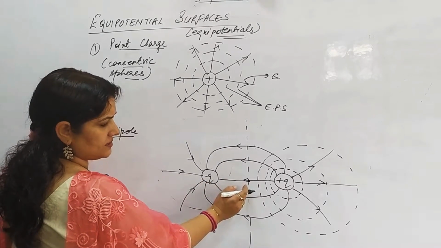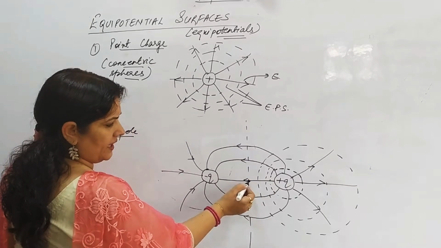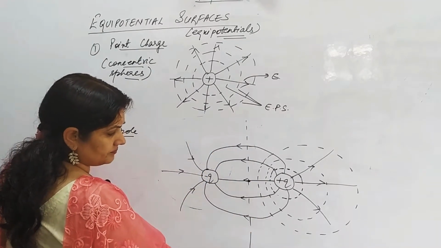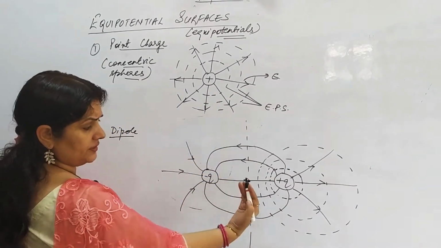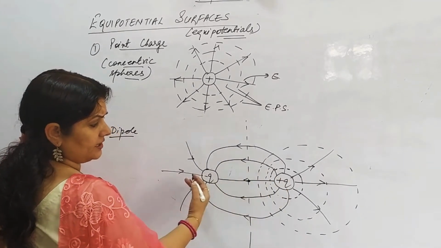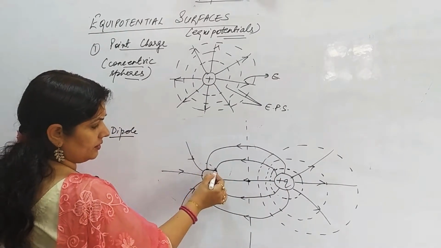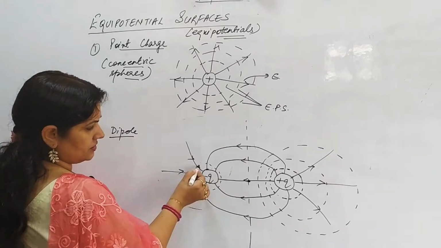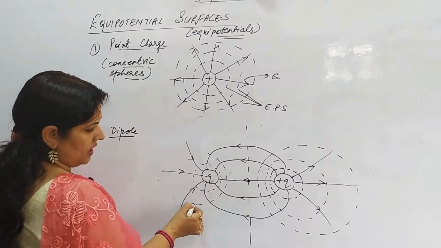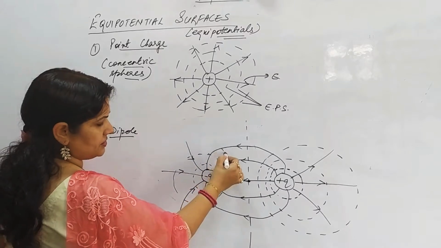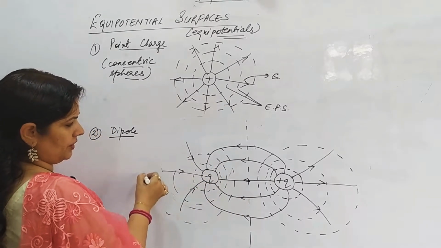due to this is minus kq by r plus kq by r. There will be a line, or say an equipotential surface at the center, at which its potential will be zero. So this is for the negative charge. Again this is for the second equipotential surface. This is the third equipotential surface.